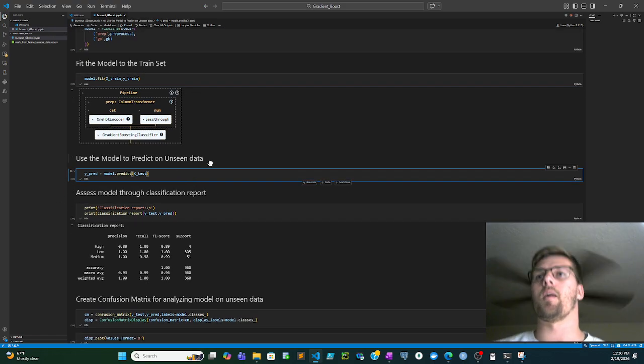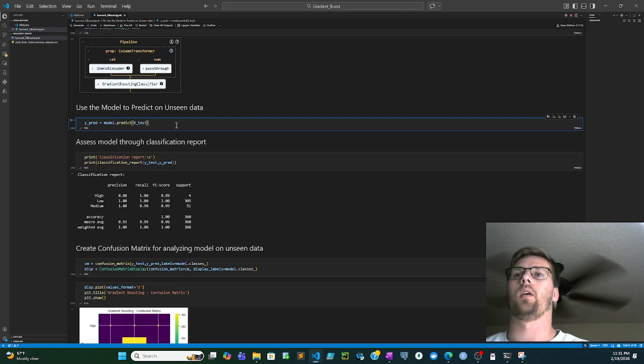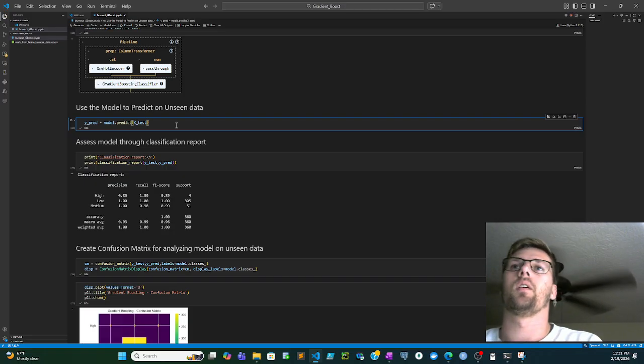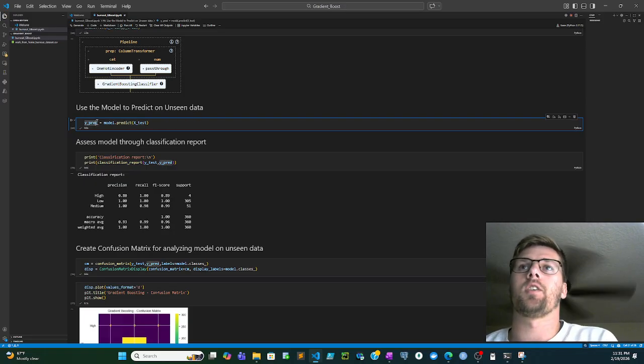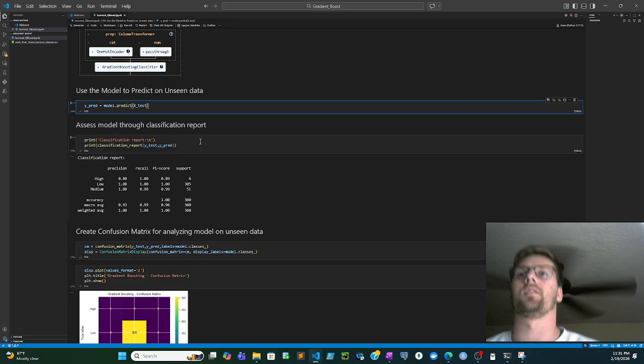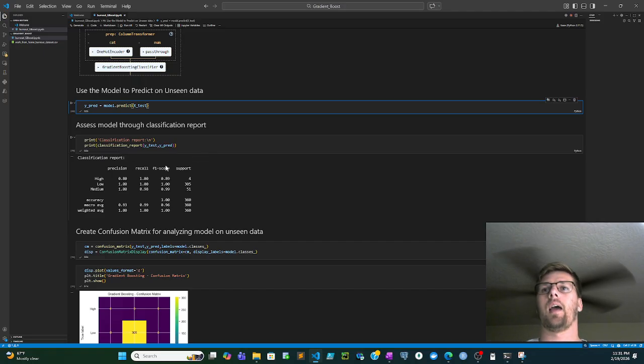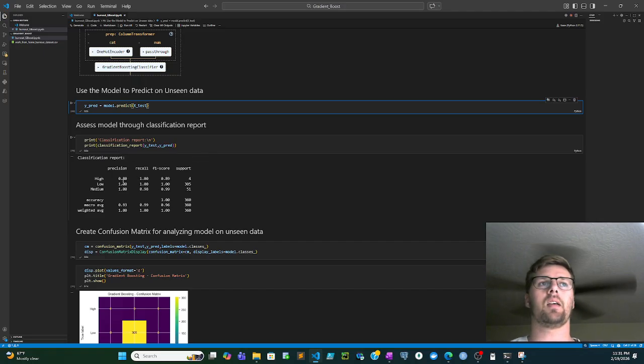Now we're going to use the model to predict on our unseen data, or our X test, so our test set, and we're going to create our predictions. So our y prediction comes from our model predicting on our X test set. Right? Now we're going to assess our model through the classification report. So at the top we brought in our classification report from scikit-learn, and here what we can see is